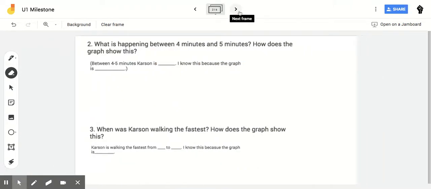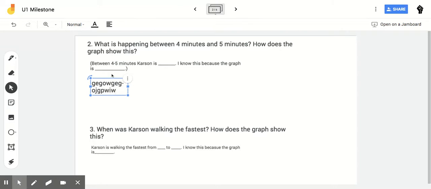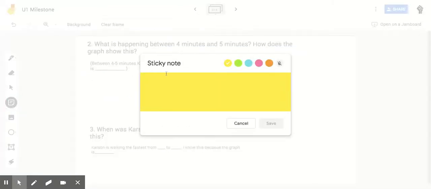On page 2, you're going to answer 2 questions about your graph. To answer the questions, you can do a couple of things. So on the Jamboard, you can either add a text box by clicking on this T and then clicking on the screen and type your answer into there. Or if you don't want to add a text box, you can add a sticky note and you can also type your answer into there. And then you just click